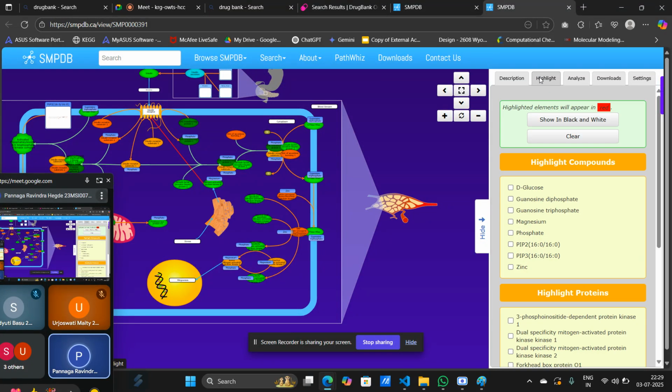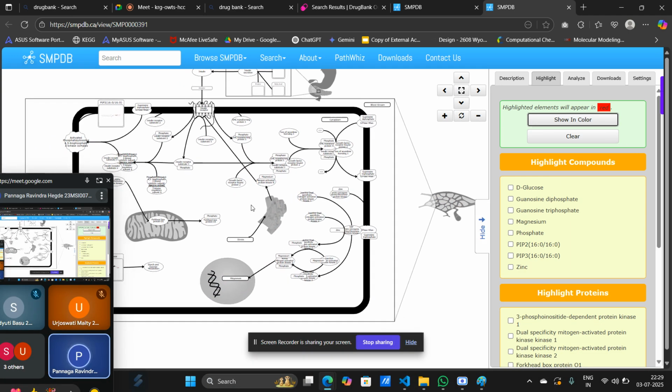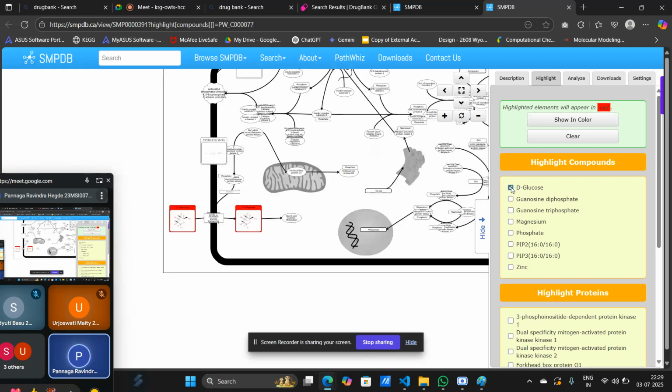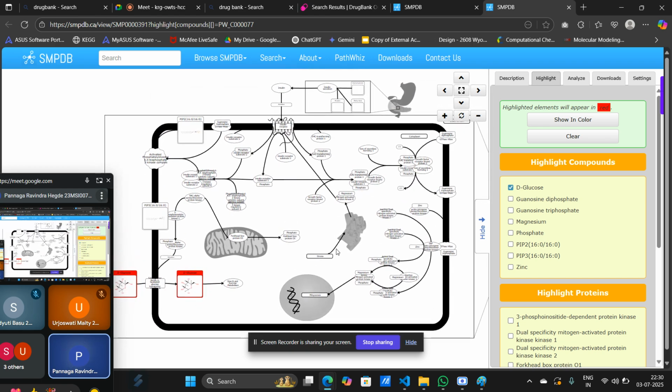And then if you click on the highlights, you have something called show in black and white. I would ask you to click on that so that you will be able to understand this better. If you click on show in black and white, the whole flowchart is now present in black and white color. So if you click on D-glucose, only the D-glucose compound present in the whole pathway is going to be highlighted so that it becomes easier for you to track where the compound is